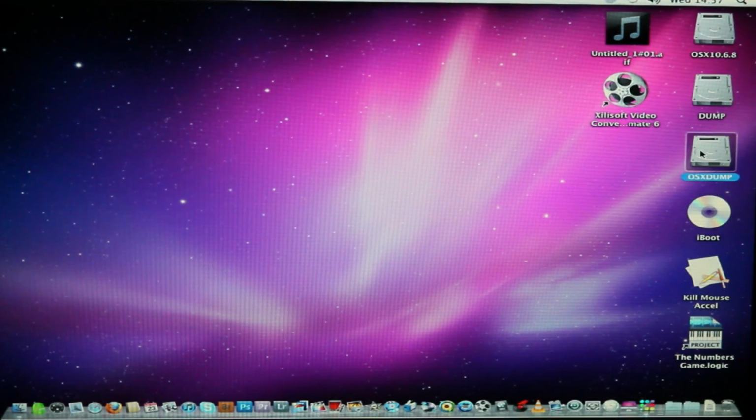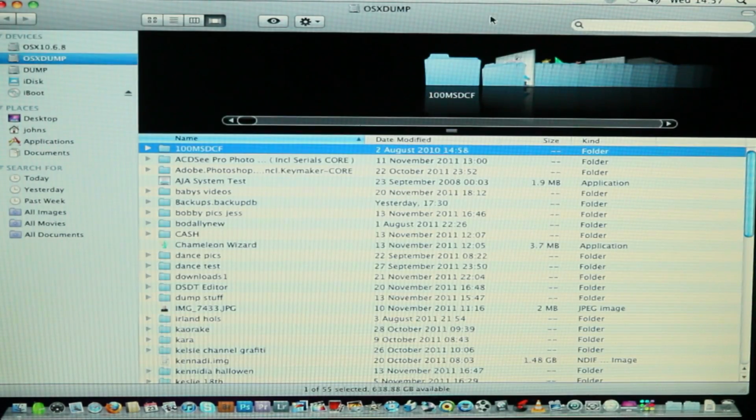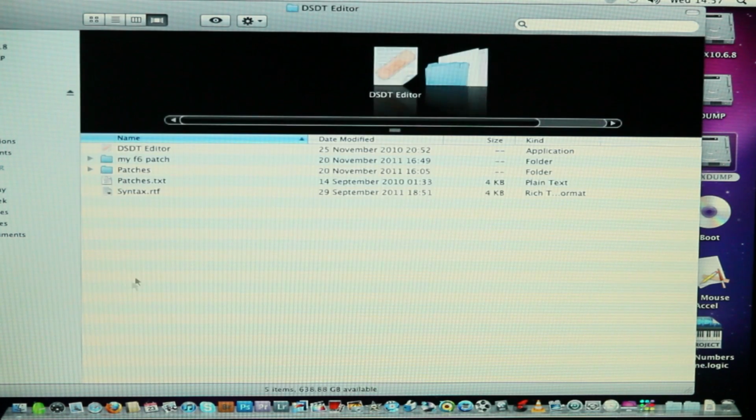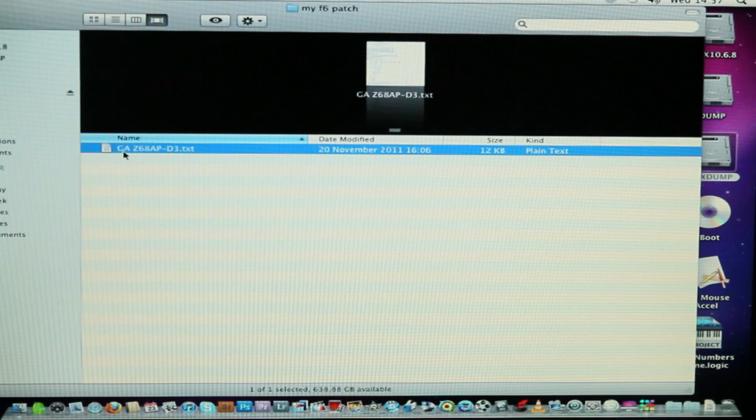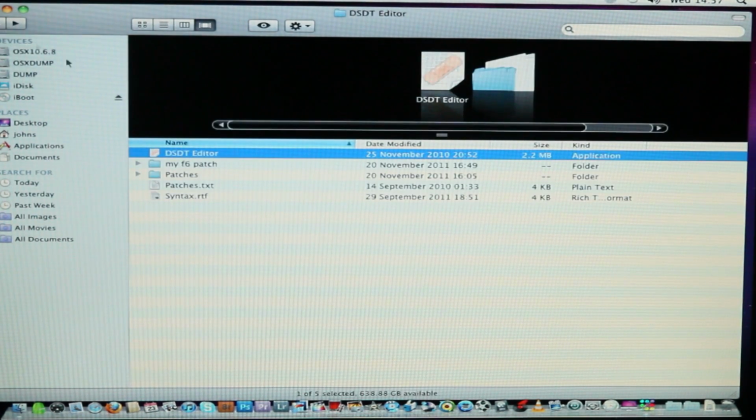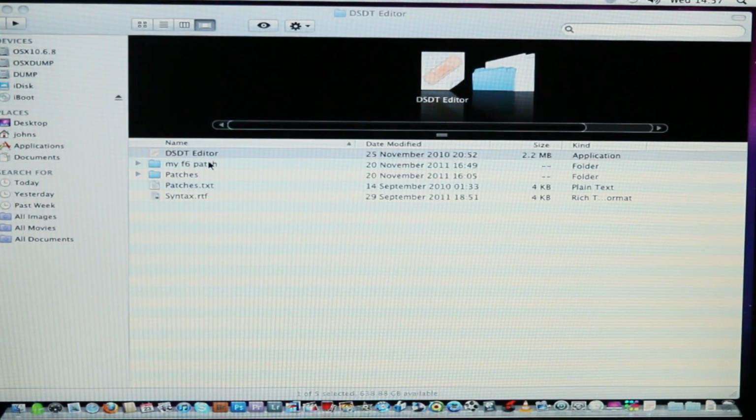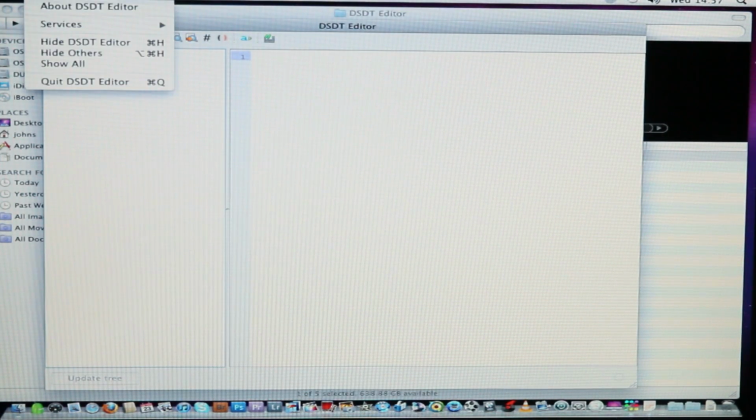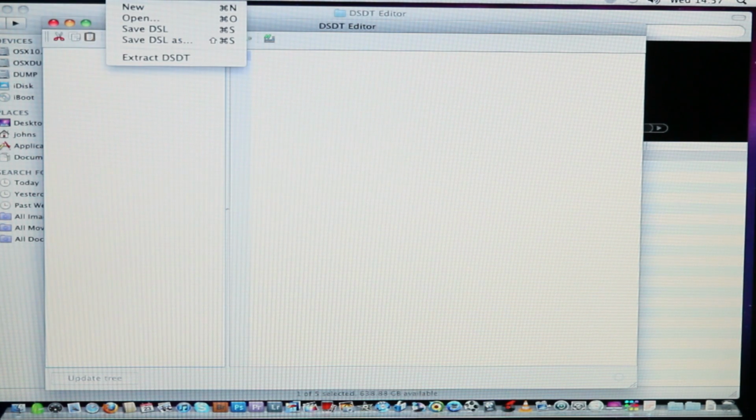So if I open my drive, let's check. If I open my drive and go into the dsdt editor, my patches that I've downloaded from Malden's forum are already there. You should have downloaded that from a previous video. If not, go watch that first. Open the editor. Okay, we're looking good. Now if I go to File and extract dsdt,